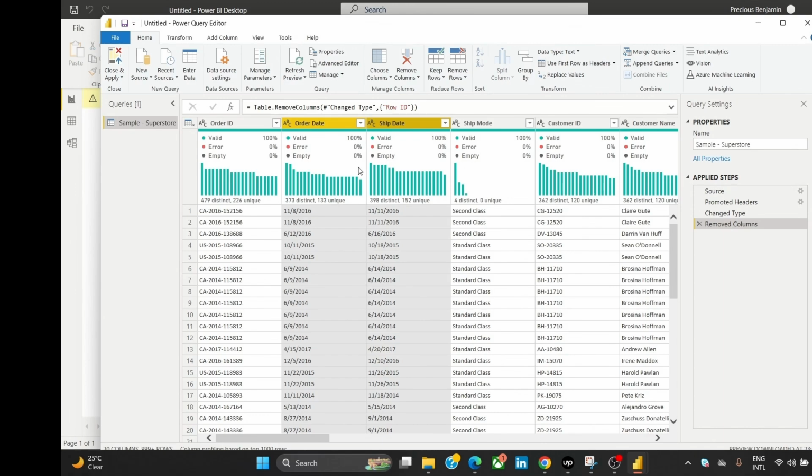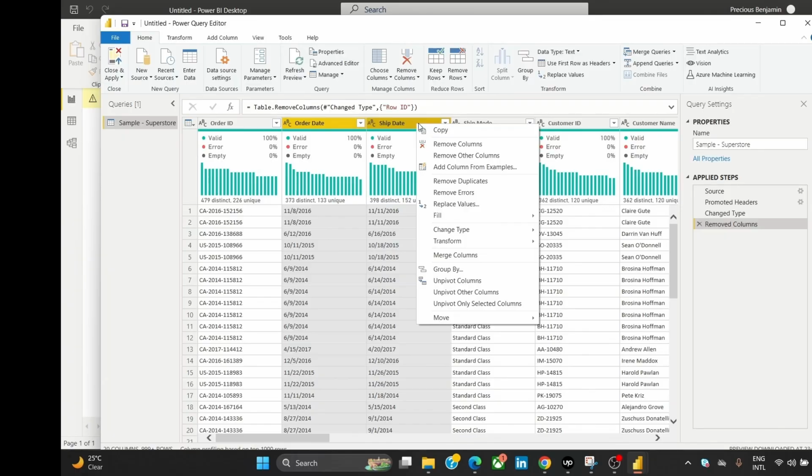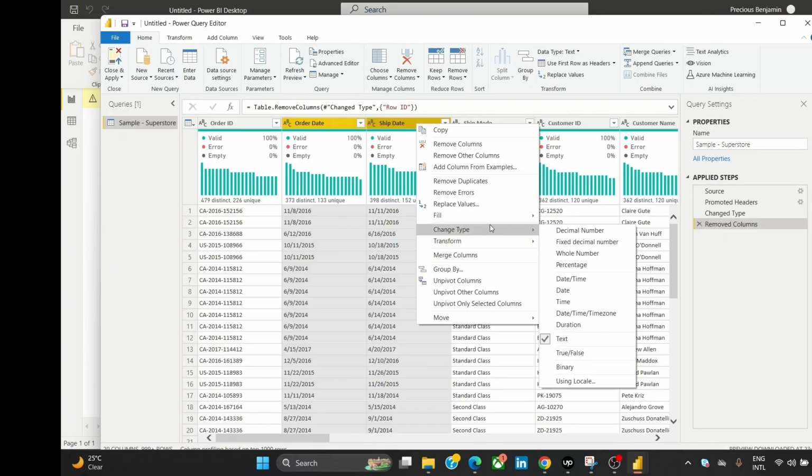Now, why am I working on this ship dates and other dates? The data type for dates is date, but this is a dates column, and it is showing as text. Now, we have to change this data type from text to date, which is the appropriate data type for this column. To do that, all I have to do is right click, go to change type,